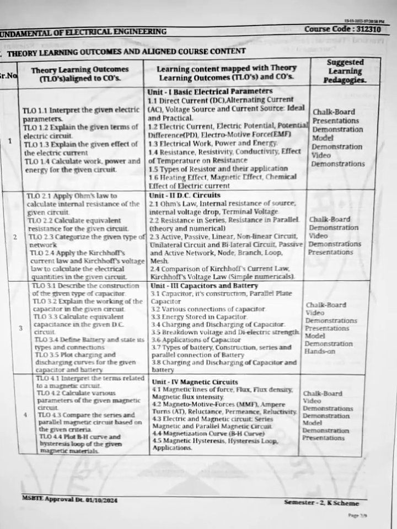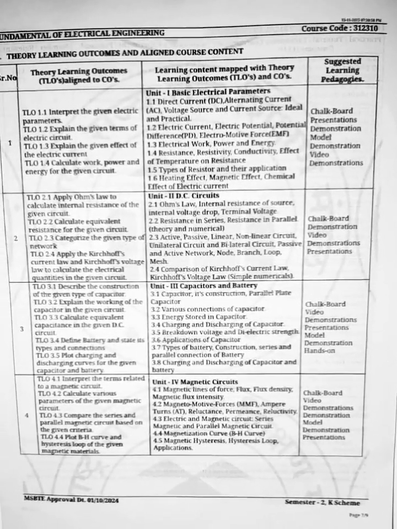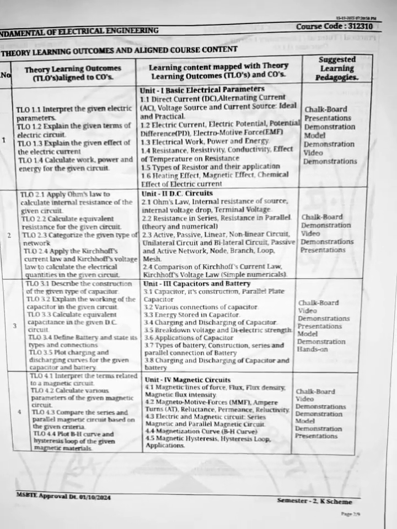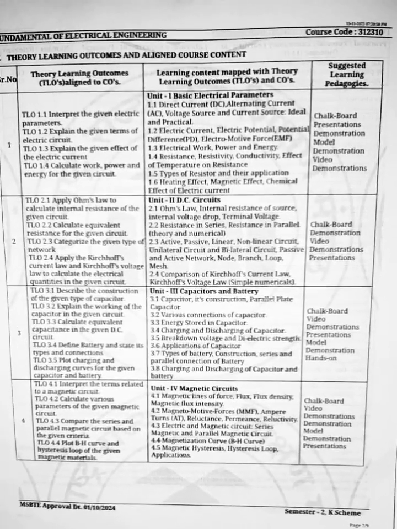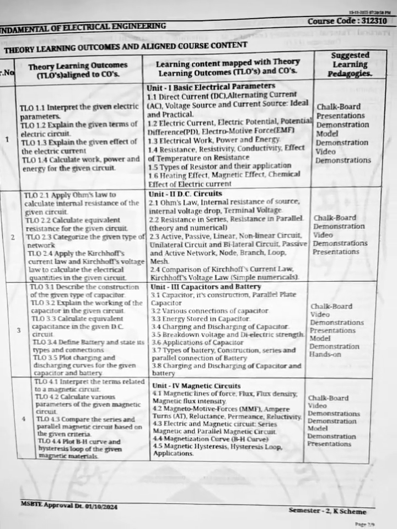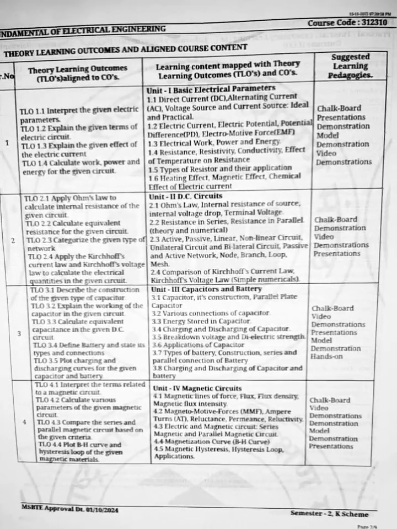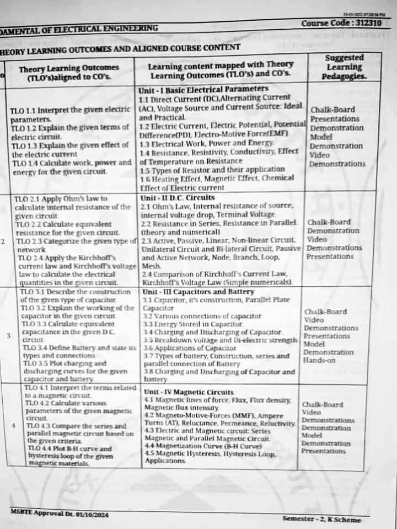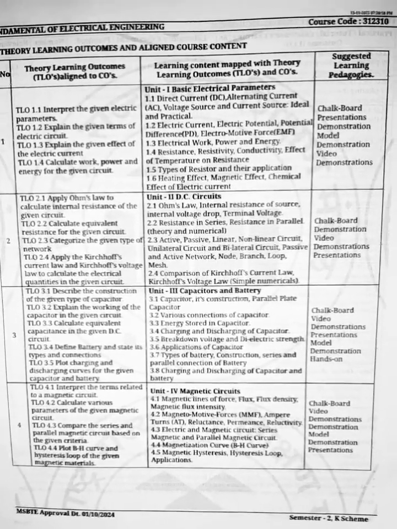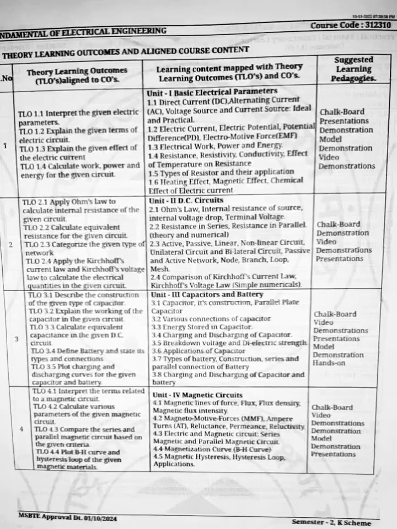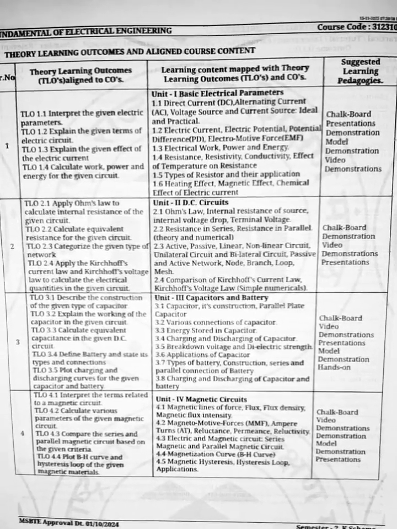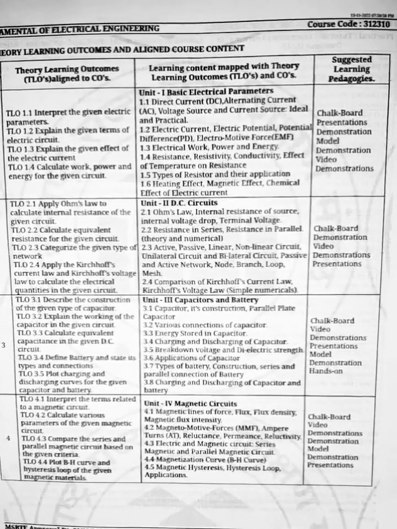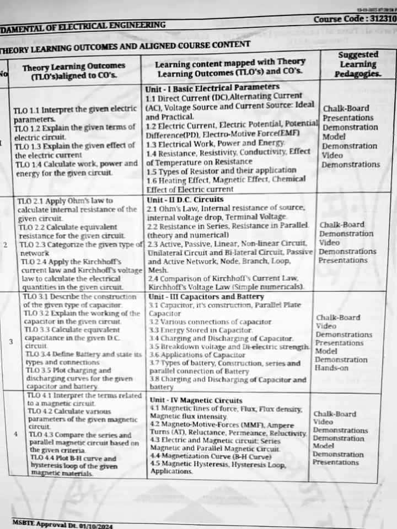Now we are going to learn Unit 1, basic electrical parameters, and accordingly I will teach you DC current, direct current, alternating current AC, voltage source and current source, and their ideal and practical forms, electrical current, electrical potential, potential difference, electromotive force EMF, electrical work, electrical power, and electrical energy, definitions and their expressions, resistance, resistivity, conductivity, effect of temperature on resistance, types of resistors and their applications, heating effect, magnetic effect, chemical effect of electrical current, and